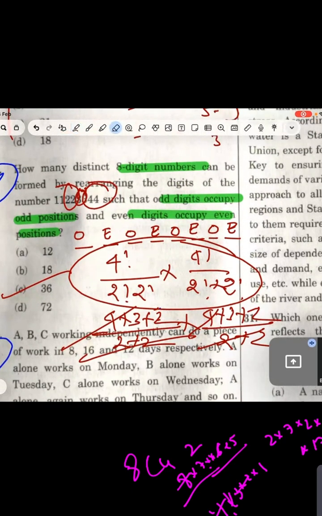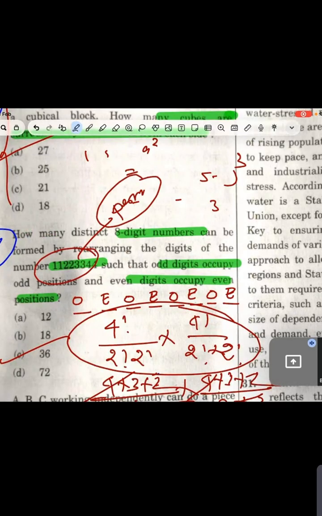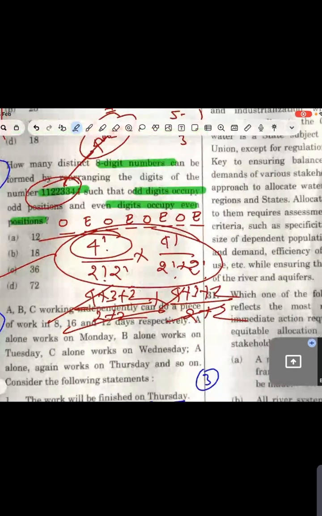Yes, guys, I told you if you find the number and they are asking for the arrangement, so that has to be permutation. Always remember, I told you. Now if you have been given a number and they are saying to arrange, so this is also always permutation, and that's what I have done.